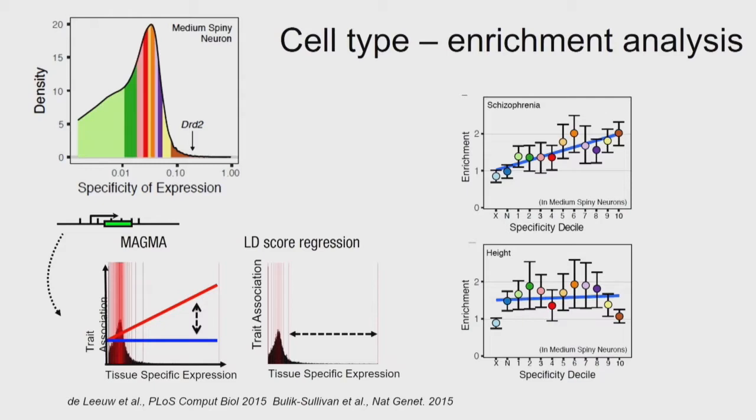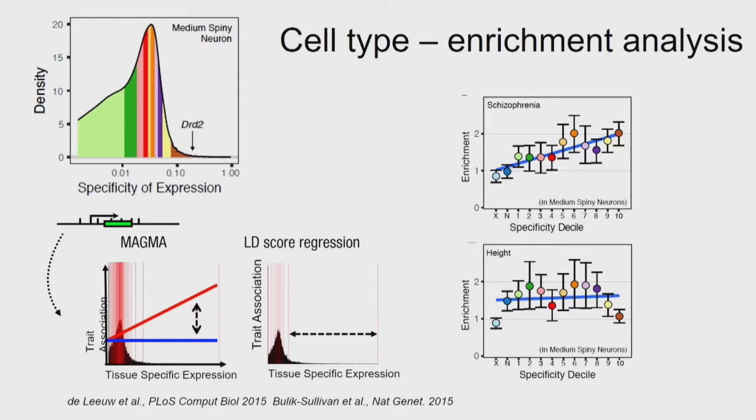But as you move higher in specificity, you start getting into the genes that you need to be a neuron. That's the ion channels, and so on. And as you move all the way to the top tier here, you start seeing the genes that are specific for certain subtypes of neurons. And this is the dopamine 2 receptor that we're using as an example, which is expressed by medium spiny neurons specifically. Okay, so for each cell type, we can create this kind of graph where different genes end up in which decile.